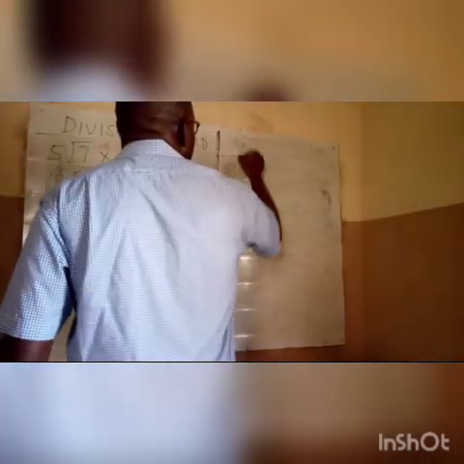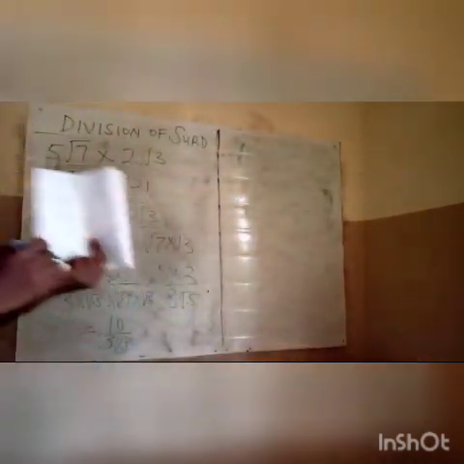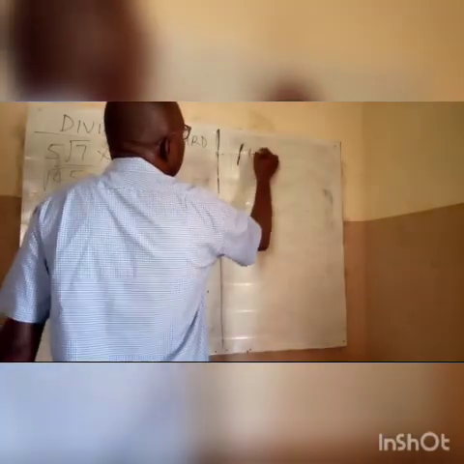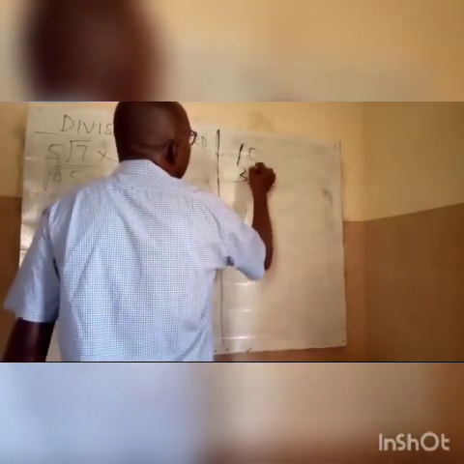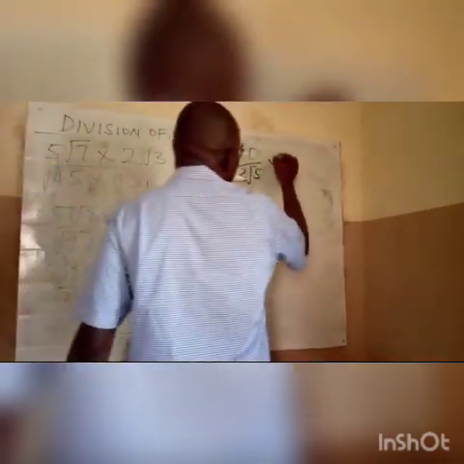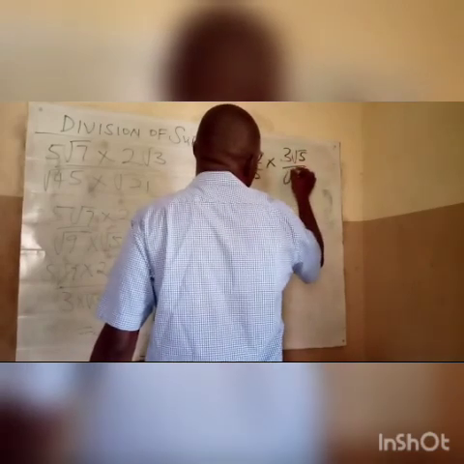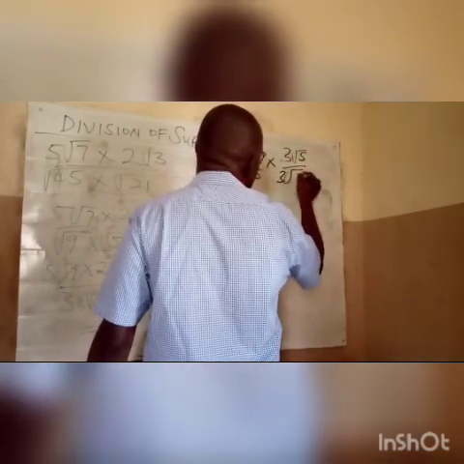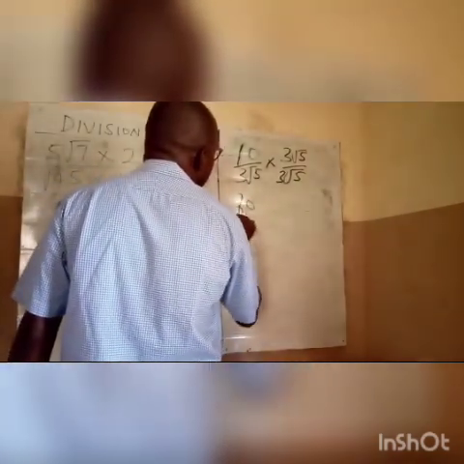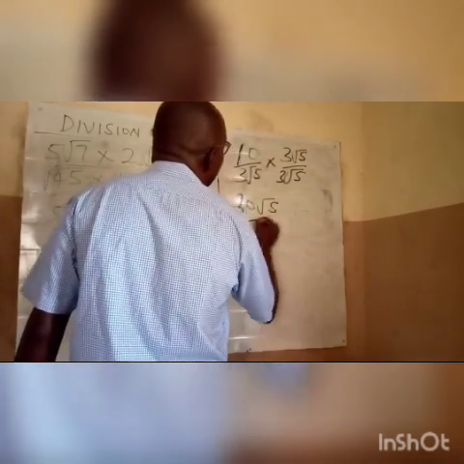So we have 10 over 3 root 5. We can rationalize by multiplying the numerator and the denominator by root 5. By the time you have 10, 30 root 5 over